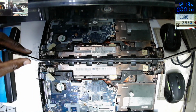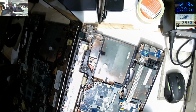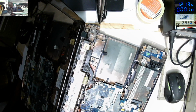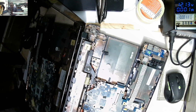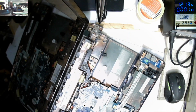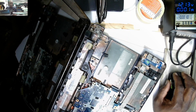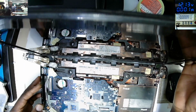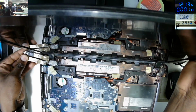Our epoxy is now in position. What I want to do, I want to put some pegs there. So let's wait for our glue to dry up and then we can come back for testing, okay? Let's see now. It took exactly 10 minutes for the epoxy to dry up. Now I'll remove my clips